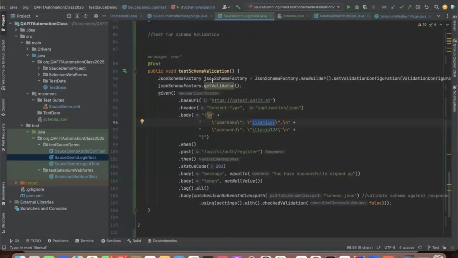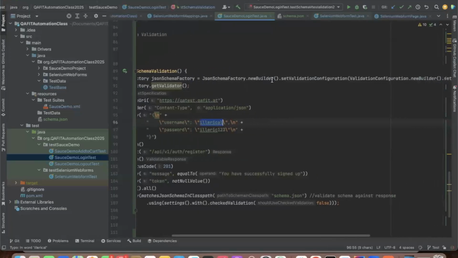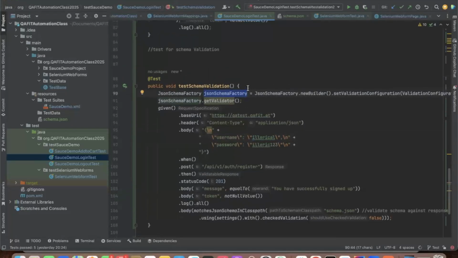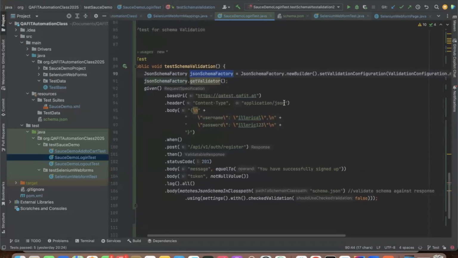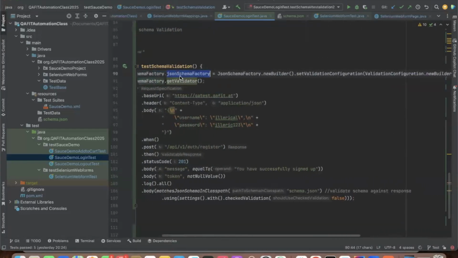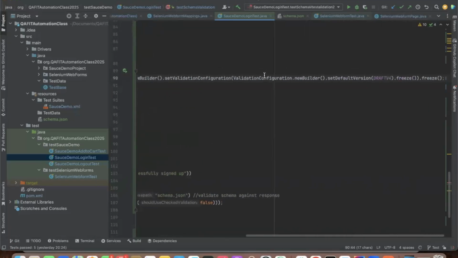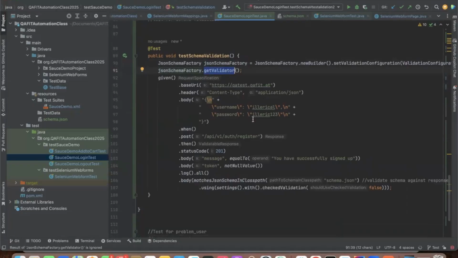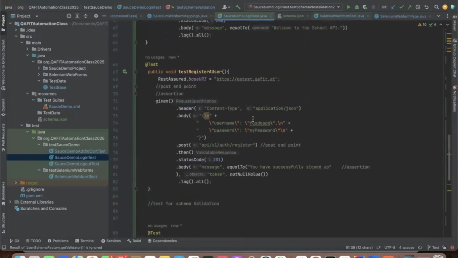You see that the method is still the same. We are still writing JSON schema factory equals to this dot new builder. So this is an inbuilt factory to Rest Assured. What we are doing here is to instantiate it, and then so that we can make use of it, we are asking the JSON schema factory to get validation for us. So for this post endpoint which we explained yesterday,